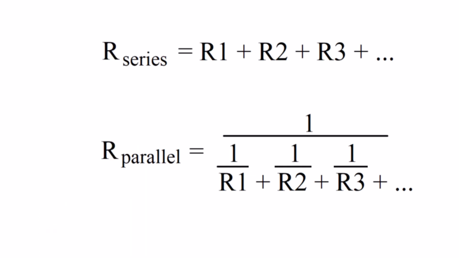The next question asks, what is the inductance of three 10 millihenry inductors connected in parallel? You can think of inductors as just like wire, just like resistors. Current's going to flow through them. So we can use the series and parallel configuration formulas for inductors also. So inductors connected in parallel, it's going to be 1 over inductor 1 plus 1 over inductor 2 plus 1 over inductor 3. So we have three 10 millihenry inductors. Our answer is going to be